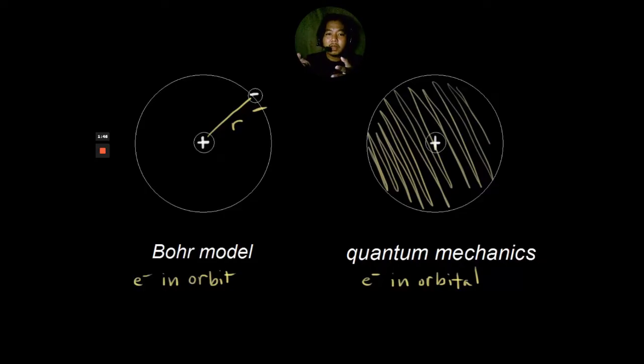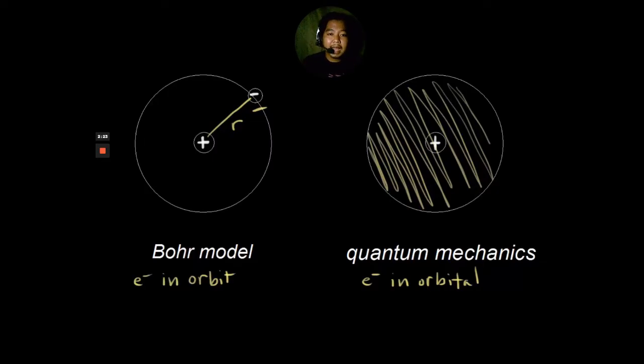Like this Bohr model, the electron moves around in an orbit attracted by the nucleus, just like planets attracted by the sun in the solar system. That's why the Bohr model was called the planetary model. However, it was debunked by Schrödinger, Broglie, Heisenberg, even Einstein, and many scientists who contributed to the quantum mechanics model. So, classical mechanics of Newton was disregarded, and the quantum mechanics subject in physics was given birth.